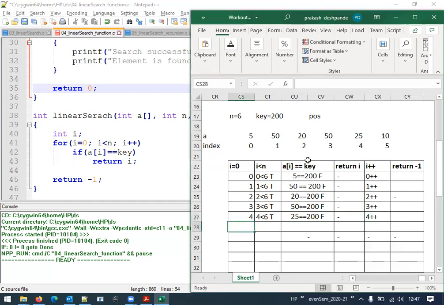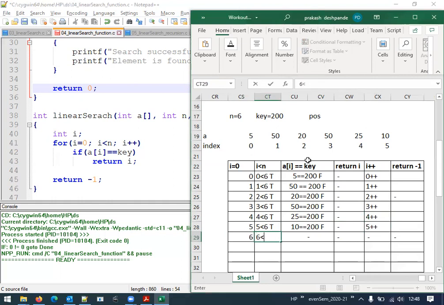For the next iteration, i becomes 5. 5 less than 6, the condition is true. At index 5, we have the element 10. Is this 10 equal to 200? No, it is false. The return statement will not get executed. Then 5++. Next iteration, i becomes 6.